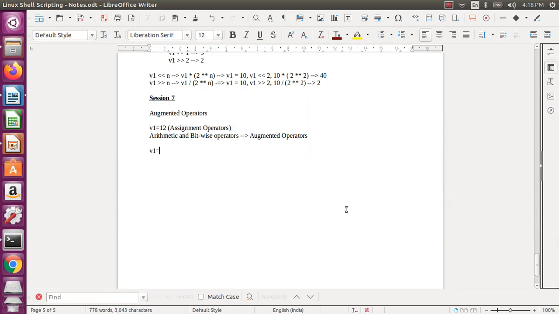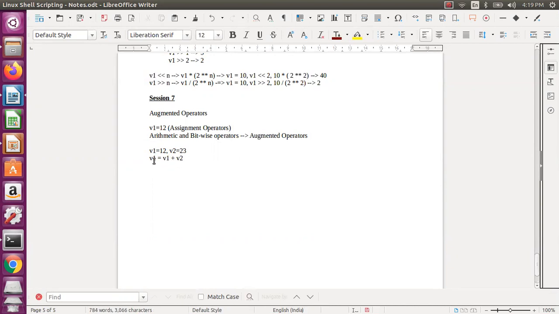So let us do this. I have v1 equal to 12 and v2 equal to 23. Now I want something like v1 plus v2, where I am taking the same variable. I don't want to store the result in another variable. I want to reuse the same variable to store the result.